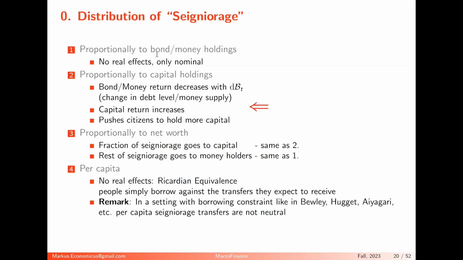But in most macro models, if you have a borrowing constraint like a Bewley, Huggett, Aiyagari type, it could be that I pay you something now and I will tax you in 10 periods, and I don't generate any wealth for you, but I relax your borrowing constraint. We don't have this in here, but that's just to keep in mind.